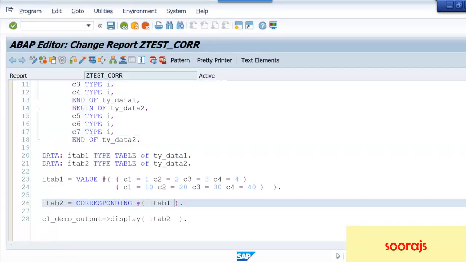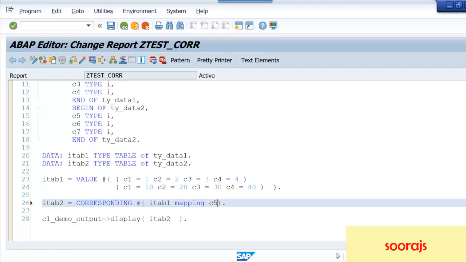If I need to map explicitly, if I need to tell the compiler what from itab1 has to be mapped to itab2, I can specify that with the MAPPING keyword. You have a keyword called MAPPING which you use to map.